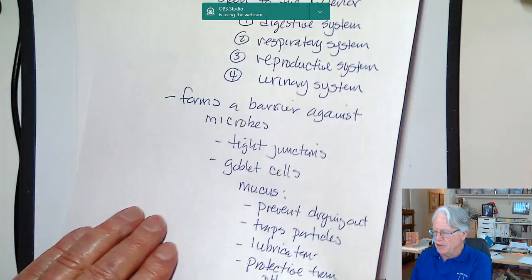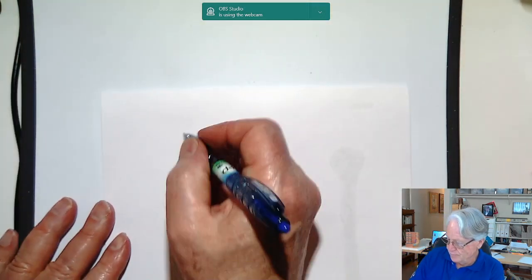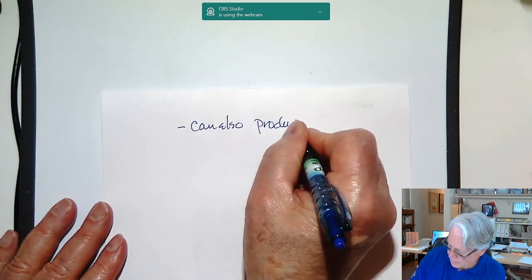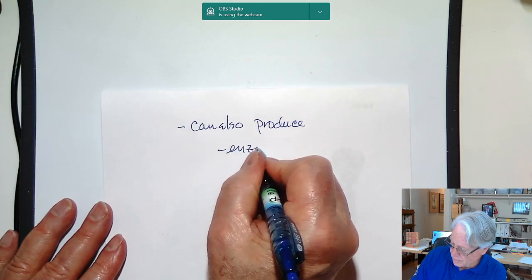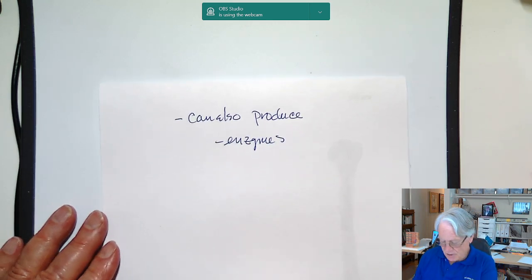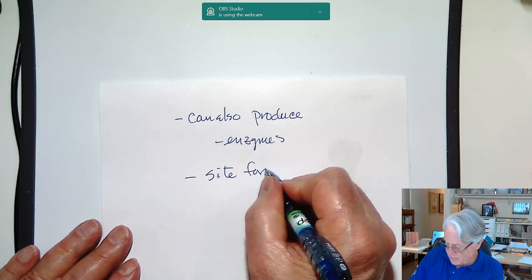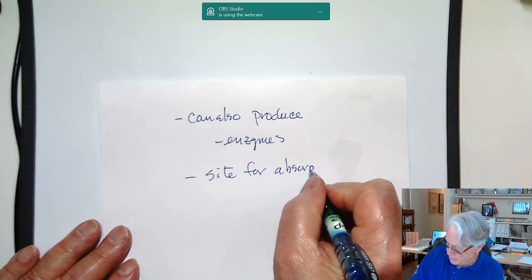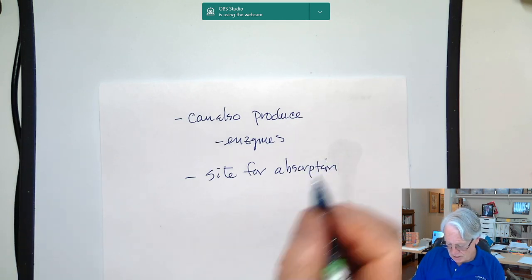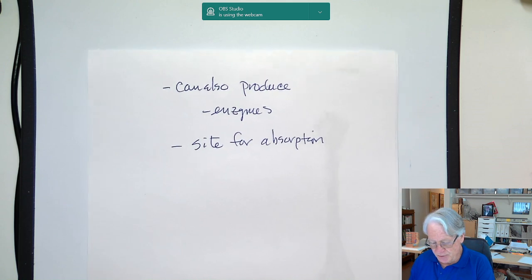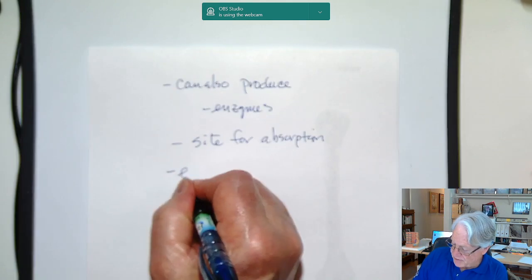The mucous membrane can also produce other things, such as enzymes. And it can also act as a site for absorption. It's very versatile, but the idea here is to produce something that is going to be protective as well as versatile. The epithelial tissue